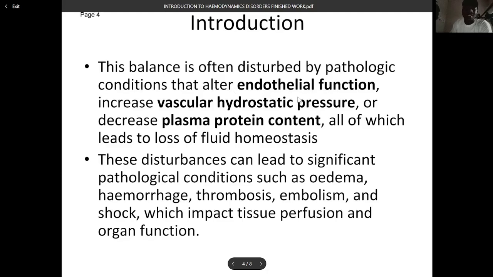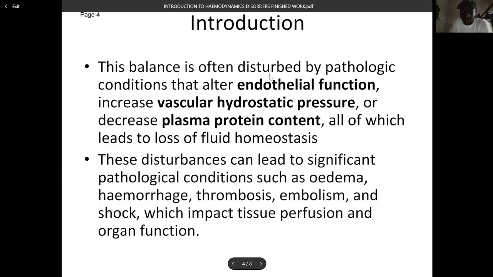That alter endothelial function, vascular hydrostatic pressure, as well as plasma protein content, all of which lead to loss of fluid homeostasis. So a distortion in any of these things,